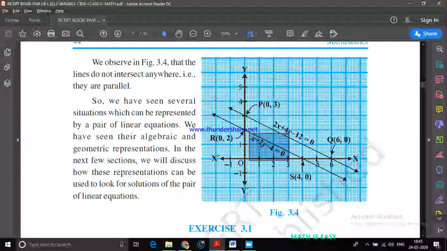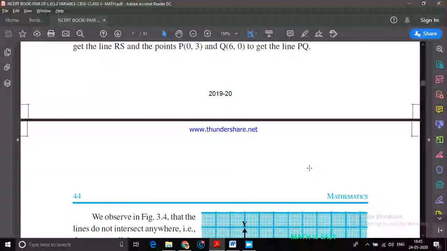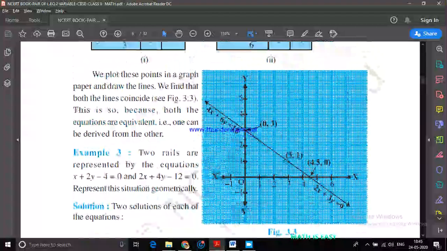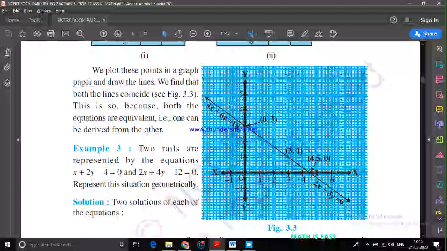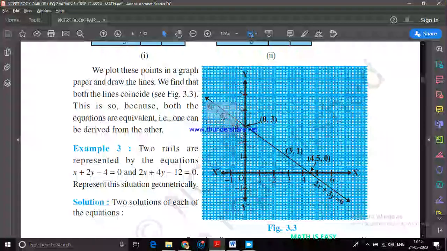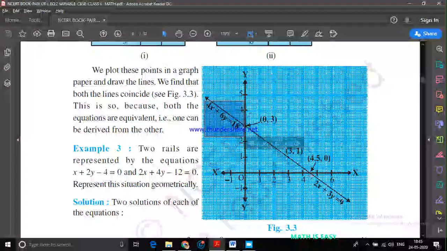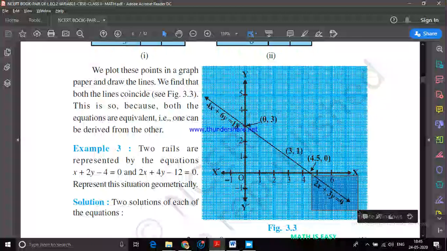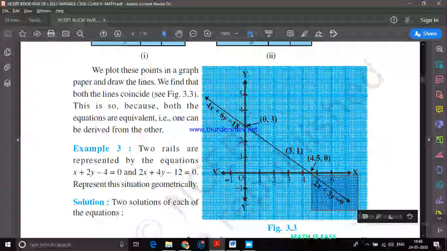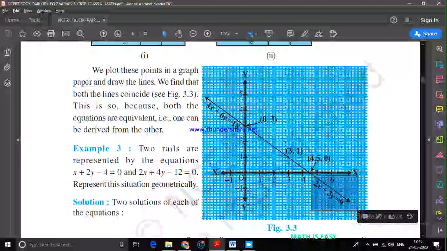You see the lines here. Do they look like intersecting lines? No. Okay. So what if the lines are coincident lines? That means overlapping lines. Here you see the equation. First equation is here 4x plus 6y equals to 18, and my second equation is 2x plus 3y equals to 9. So here a1 upon a2 is equal to b1 upon b2 is equal to c1 upon c2. All the ratios are equal.